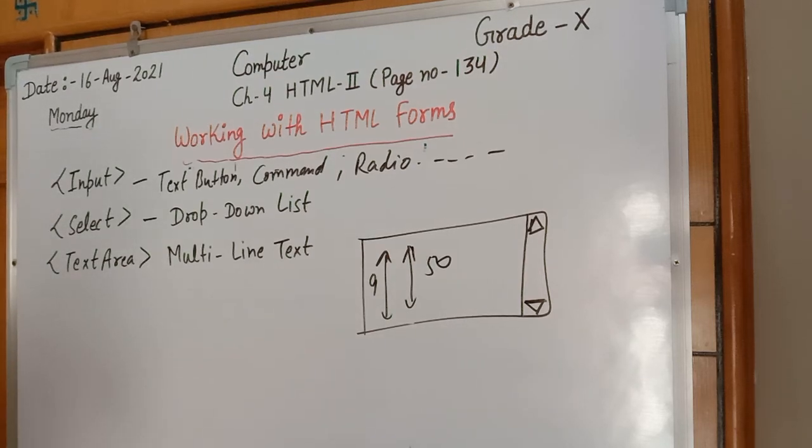Which types of values can be inserted in case of input, we will discuss in the next session. In this session we have covered subscript, superscript, what is form, the use of form, the syntax of form, and the attributes of form. In the next session we will discuss the input tag: button, checkbox, radio, text, submit and reset, image and file attributes. The next session will be the practical part, where you will understand how form is used practically in HTML.